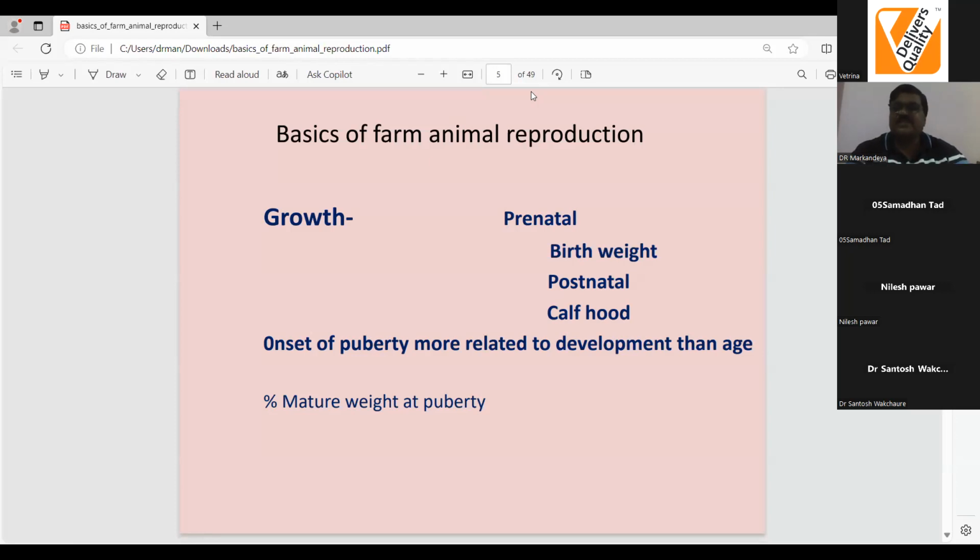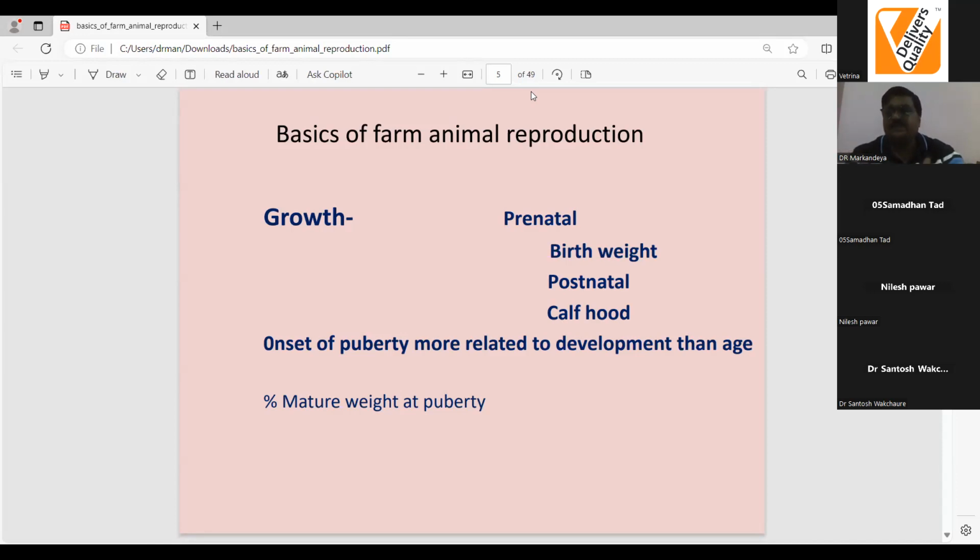We have observed such higher birth weights in Murrah buffaloes and crossbred cows, and now these figures are moving 50 plus. So there is no problem as far as birth weight is concerned. Higher birth weight is expected. Postnatal growth totally depends upon birth weight. Higher the birth weight, higher is the growth rate. Please remember, higher is the birth weight, higher is the growth rate, and therefore the calfhood stage should culminate early.